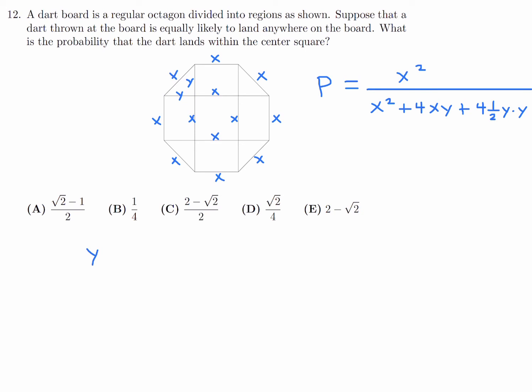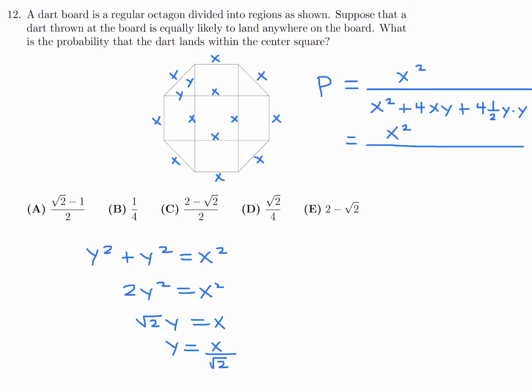So from that triangle, you write y squared plus y squared is x squared, right? And that means that 2y squared is x squared. And if you take the square root, you get root 2 y is equal to x. And we can isolate for y: x over root 2. So substitute that in, and we get x squared over x squared plus 4x times x over root 2 plus 4 times a half, which is 2y squared, and